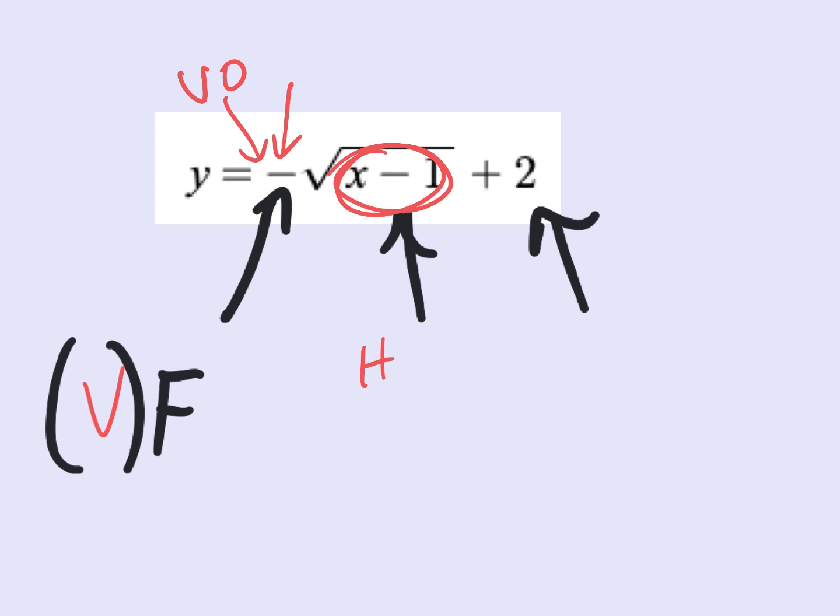Horizontal is either right or left. What do you say? That one, should it be moving to the right? Correct. You don't have to say horizontal right. You can just say right. Right 1. And then last but not least,